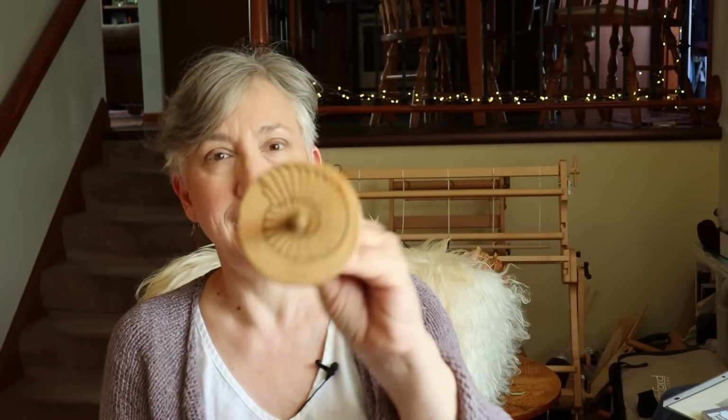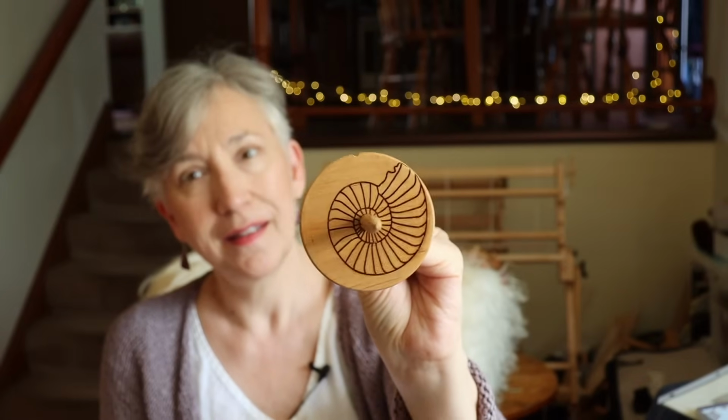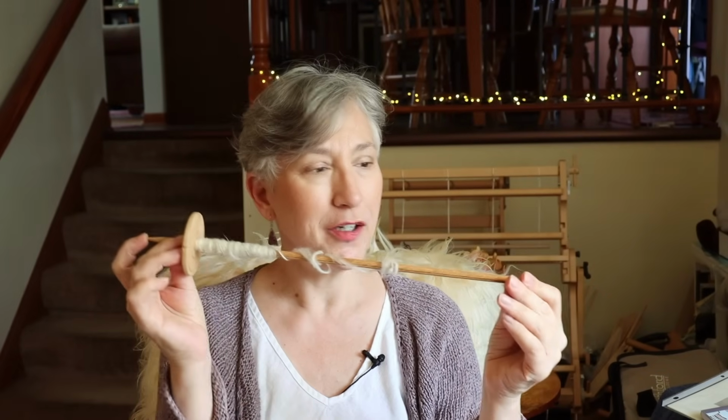So this is a Blackfoot spindle, and this one's got a really neat little spiral design, and it's an in-hand spindle. I have some footage of her. I think the lady's name was Judy or Judith,